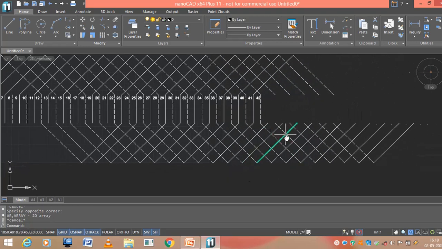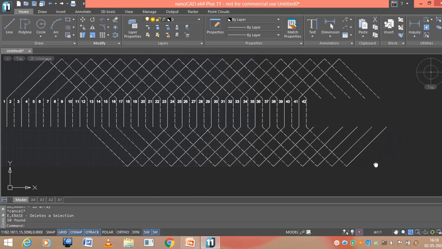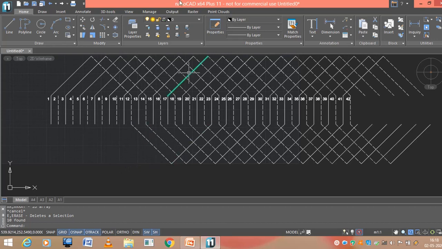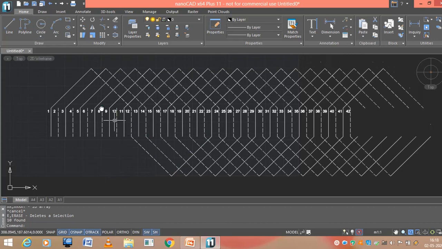Now there are some extra connections at the front end. You can select them and simply delete those things like this. Right. See, I have 21 conductors. I got 21 turns on the right side of that. But what about the left side? I should have a left side also, so you take this.